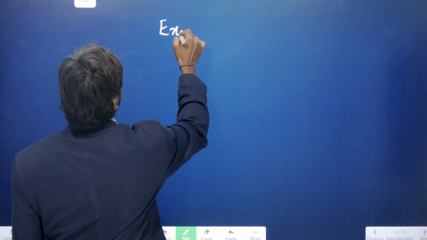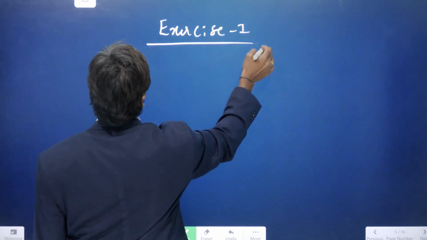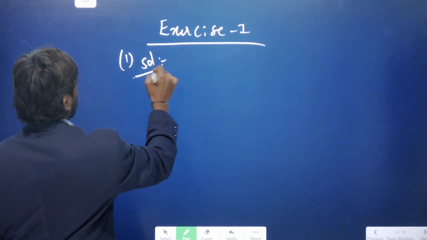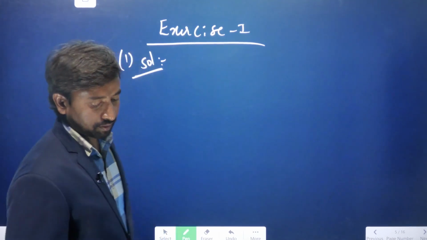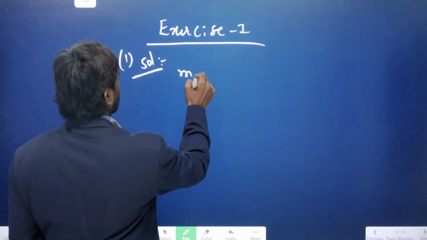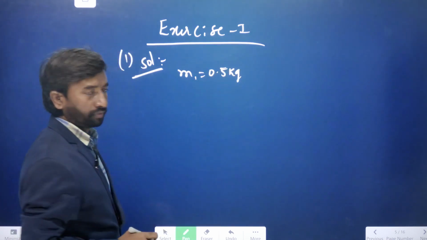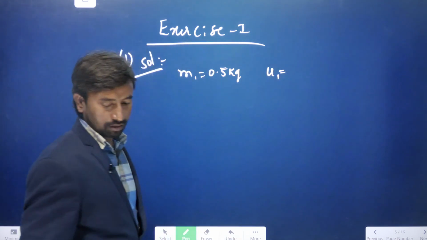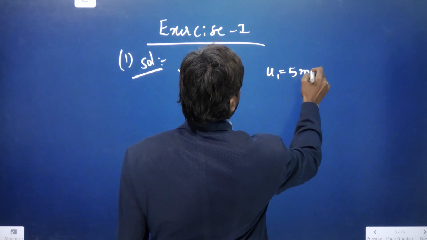Exercise problems, exercise 1. So the first question you see here: a ball of mass m1 is equal to 0.5 kg, and u1 is given, it is moving with the speed of 5 meter per second,